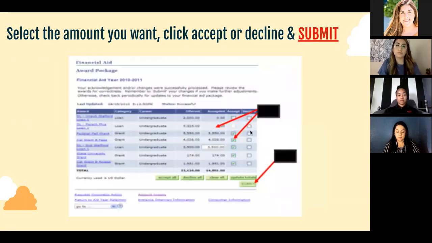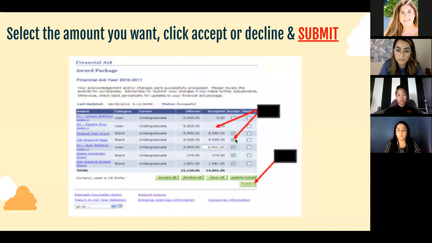And then here is where you can actually insert the amount and check off if you want to accept or decline it. So here you can see there's a white box in the middle where the student has inserted the actual amount that they want. So they might have been offered more, but maybe they only want to take out half. That's what it's going to look like for you. After they insert the amount that they want, then they can click here to the right, accept. So like that little checkbox, they accepted those 5. And then they didn't have to press decline for any of those because they didn't decline them.